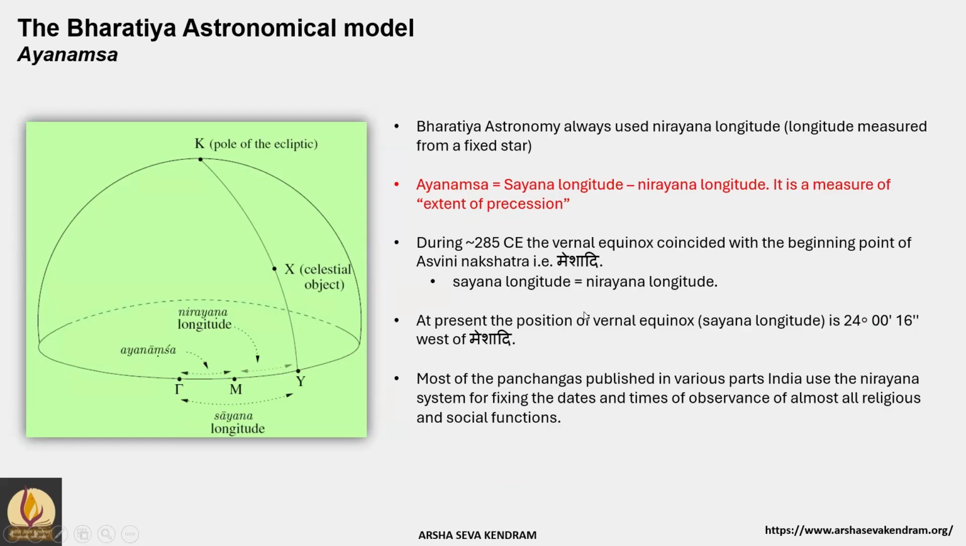So for example, during 285 common era, the vernal equinox was exactly at the beginning of Ashwini Nakshatra, right? So at the time, because the Sayana longitude was the same as the Nirayana longitude, the Ayanamsa was zero during that time, right? However, at present, because of this 54 arc second change every year, the position of the vernal equinox